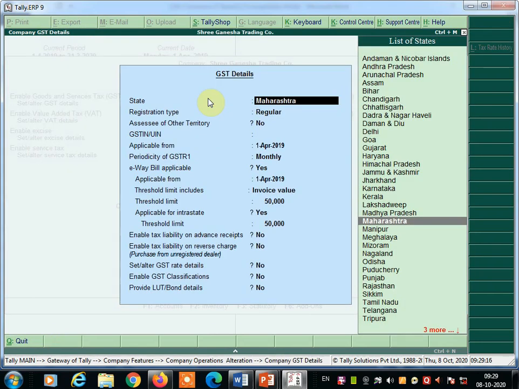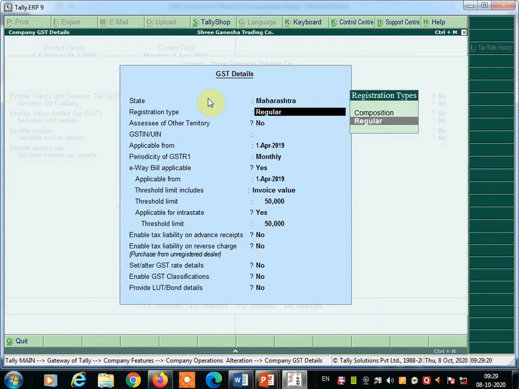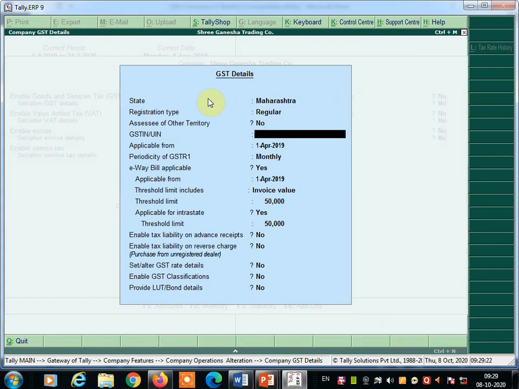Type the state Maharashtra. Here you are going to select the Maharashtra state, regular, and then the GSTIN number, which is given already in the problem. So you can type there 27ABCDE2345F1Z4.